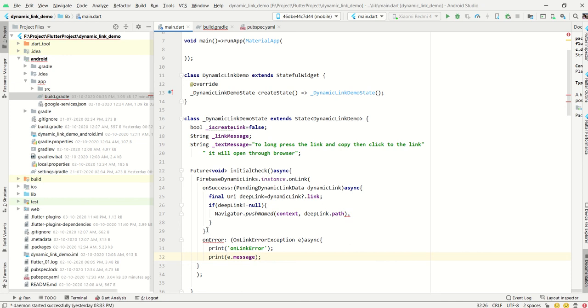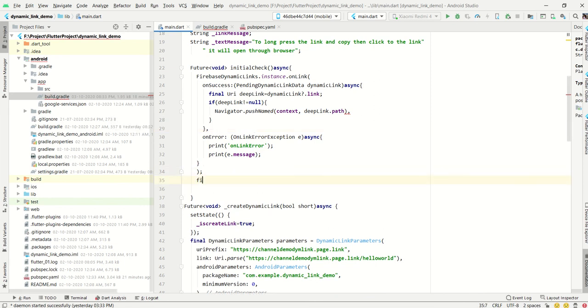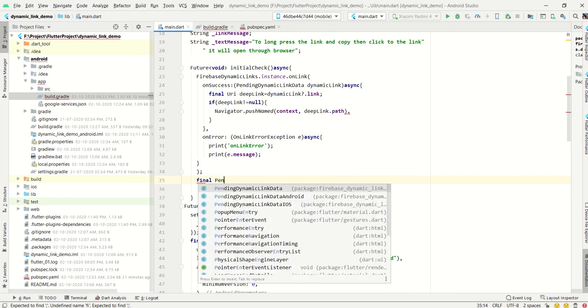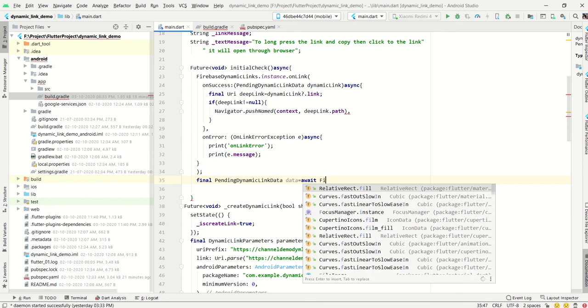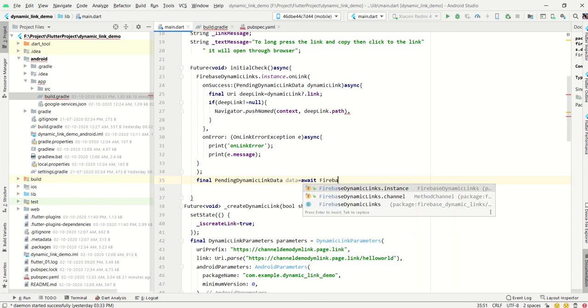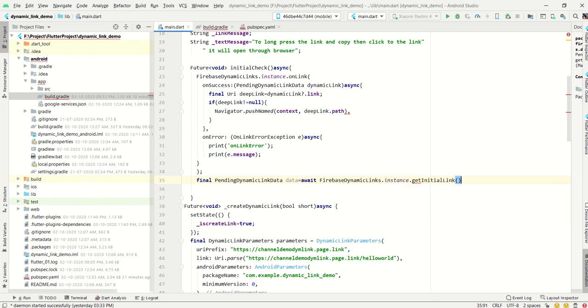Now again we have to check one thing, that is, again we have to take one variable, that is the final pending dynamic link data, again data, and it should be initial get, right? For the first time, if anyone click that link, it should be no. So for that reason, we have to await Firebase instant dot get initial link is there.